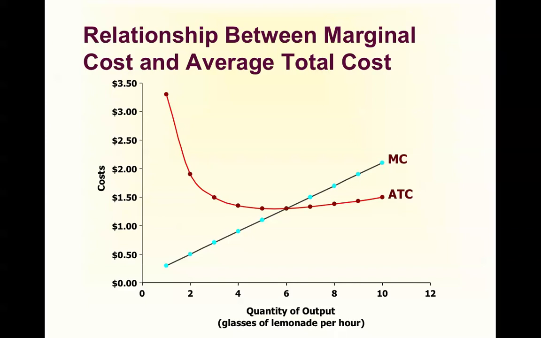Think of test scores and makeup scores as a very basic example of this. If the average was 70 and your makeup score was 90, you factor that makeup score into the average and it's going to go up, but not by as much as the marginal score. Similarly, if you had an average score of 70 and the makeup score was 50, that gets factored in. The average will go down, but not by as much as the 50. Okay, this finishes section